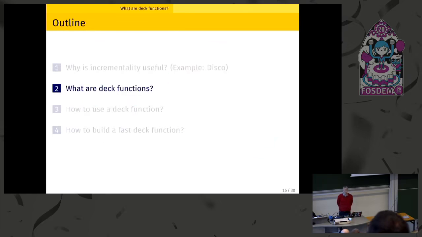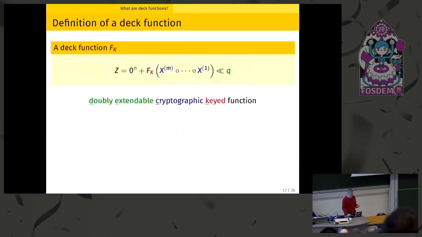Okay, so starting from incrementality, we decided to take a step back and look at how we can define incrementality, how we can maybe refine this notion and try to define things on top of a new object, a new interface that we call DEC function. So what is a DEC function? I'm sorry, that's the most technical slide of the presentation.